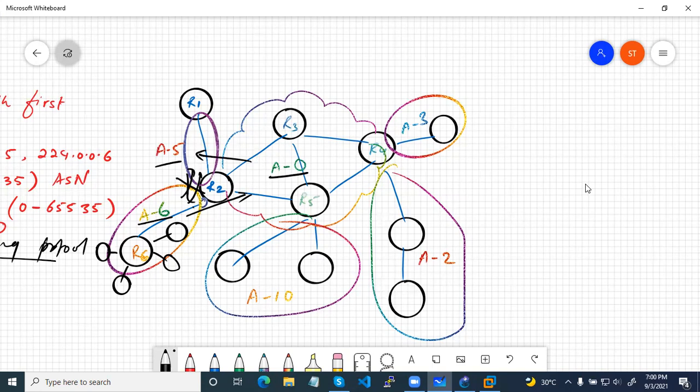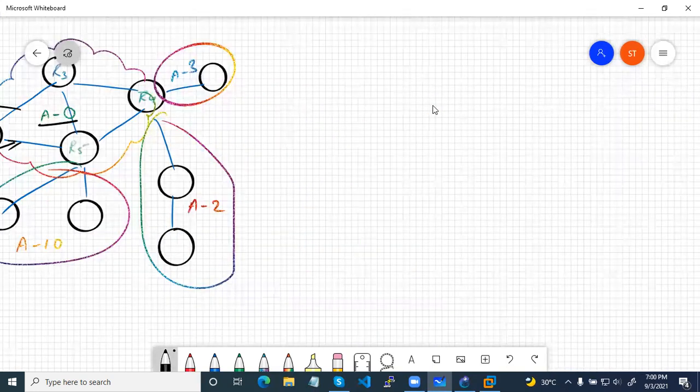Clear? So to exchange the information between the different areas, the particular normal area should connect to area 0, the backbone area. Otherwise, it will not exchange the information between the different areas. Like for example, if that is a different area, like you connected some of the routers over there,